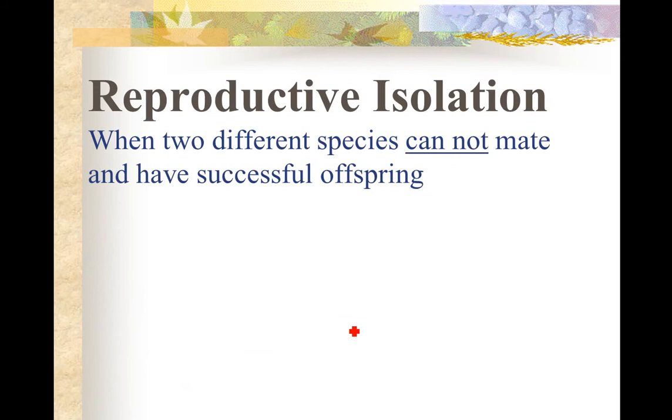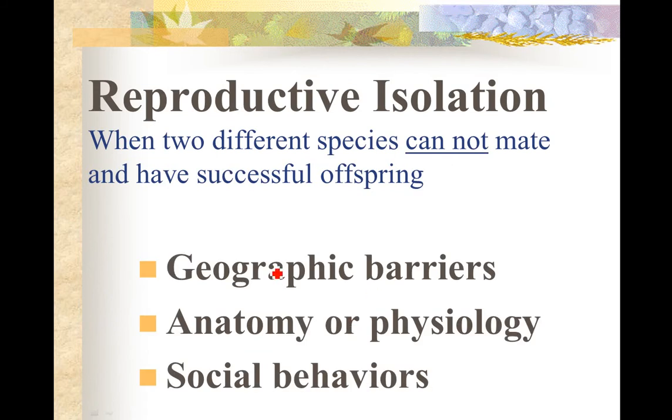Sometimes it's in conjunction with reproductive isolation. And sometimes you have the geographic barrier. It might be anatomical and physiological barriers. Sometimes it's the size difference in the organisms. Social behaviors, mating behaviors. The more complex organisms have more complex behavior. All the apes have social behaviors, but zebras have a social behavior. Lions have a social behavior.